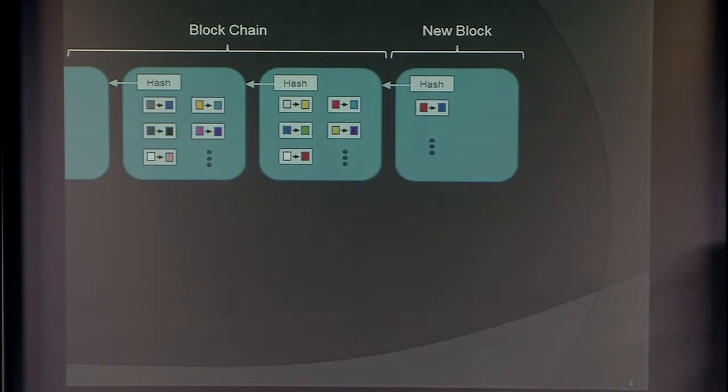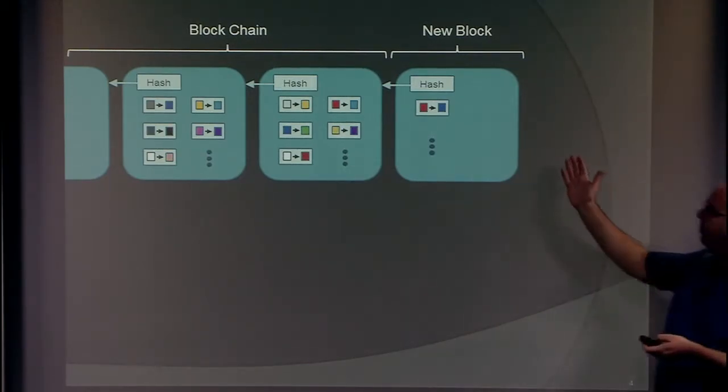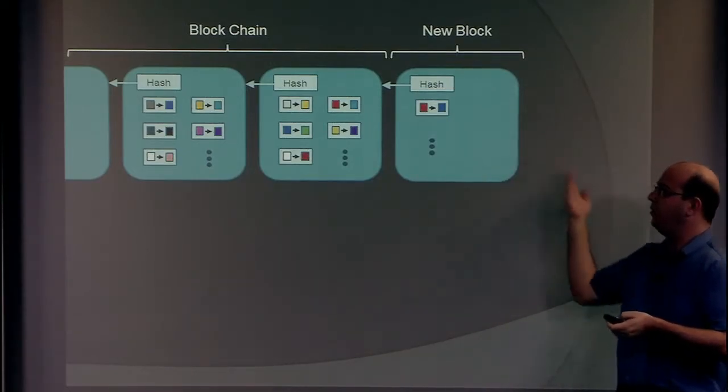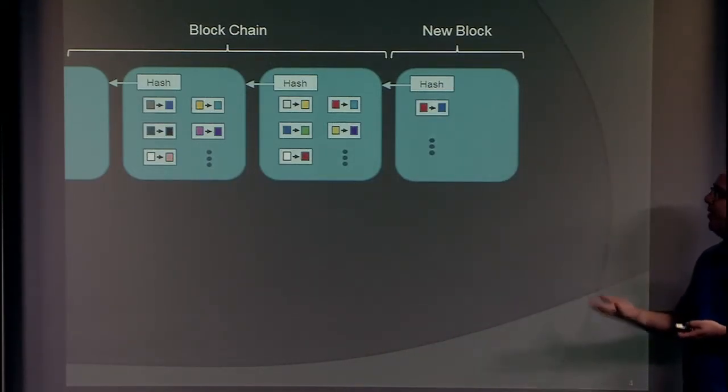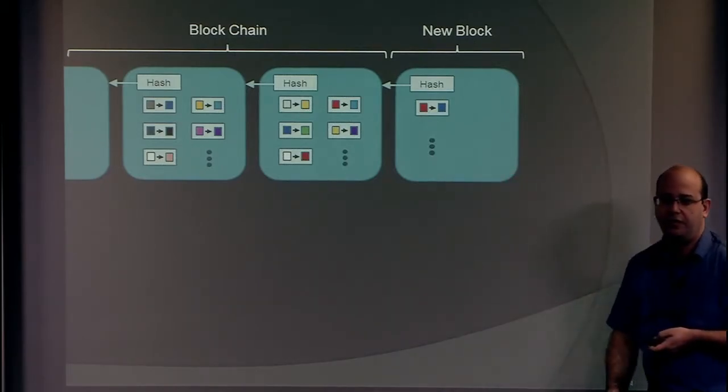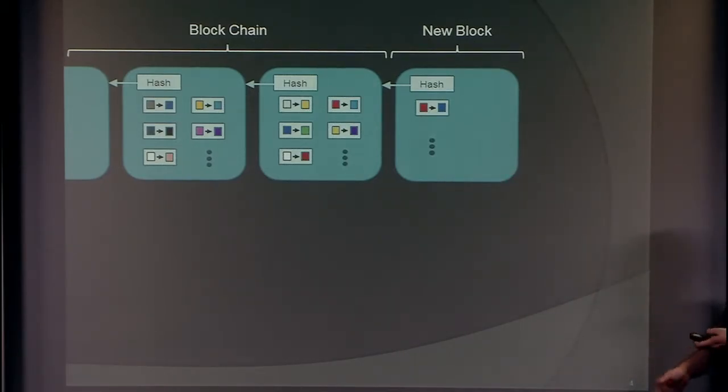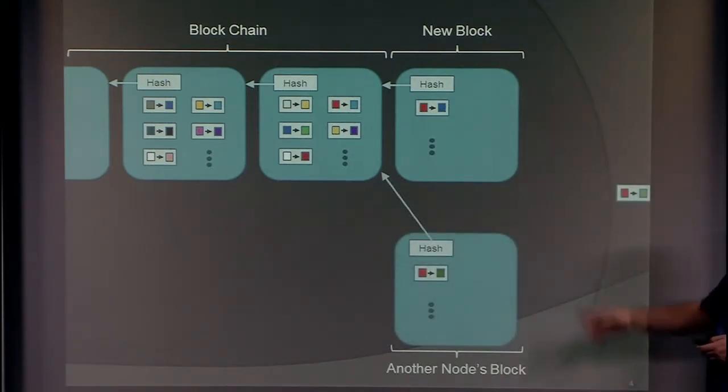And now that we have this, this represents a history that we can read from start to finish and understand where all the money is and what happened, and we can adjust the balances, just as the bank did it centrally before. Now, the main problem, of course, is that when this block was created, when a node thought that it was its turn to be the bank, some other node in the system may have done the same thing.